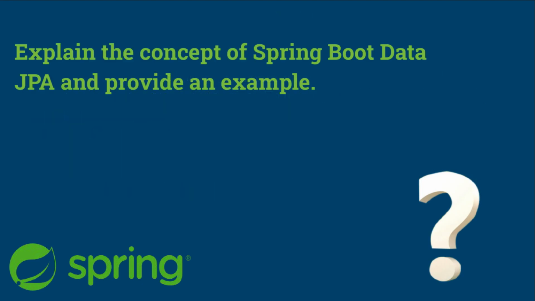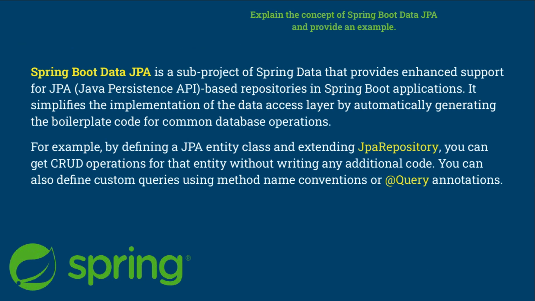Third question. Explain the concept of Spring Boot Data JPA and provide an example. Spring Boot Data JPA is a subproject of Spring Data that provides enhanced support for JPA, Java Persistence API-based repositories in Spring Boot applications. It simplifies the implementation of the data access layer by automatically generating the boilerplate code for